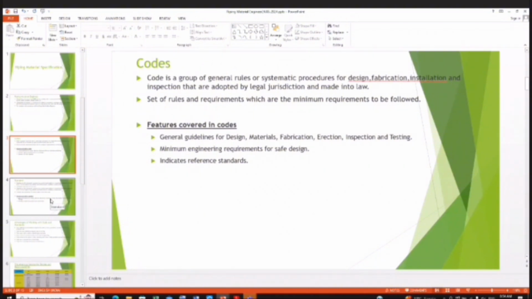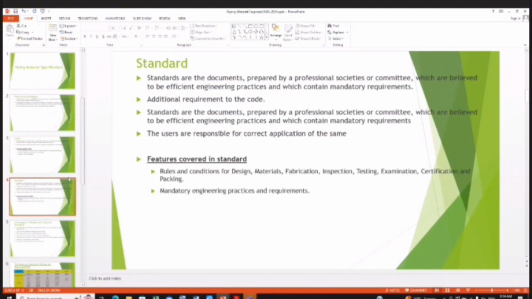So there are two different things. One is a code and another is standard. Okay. So standards are the document prepared by professional societies or committees which are believed to be efficient engineering practices and which contain mandatory requirements. Additional requirement to the code. So these standards. So here if you see for the pipe,